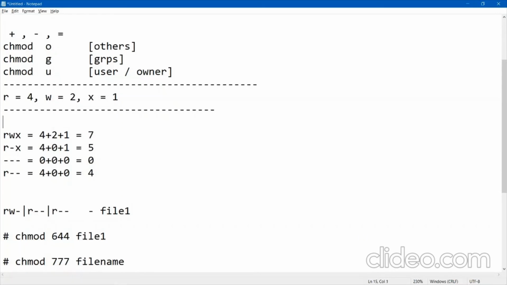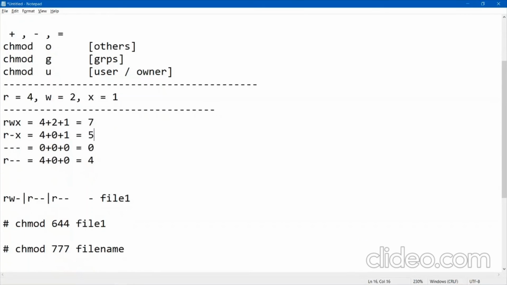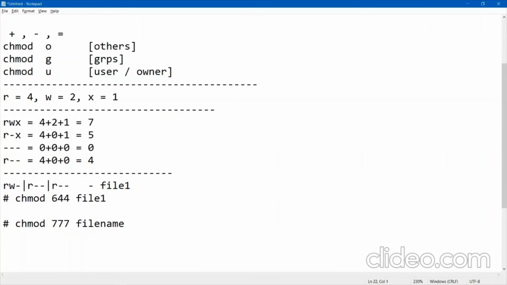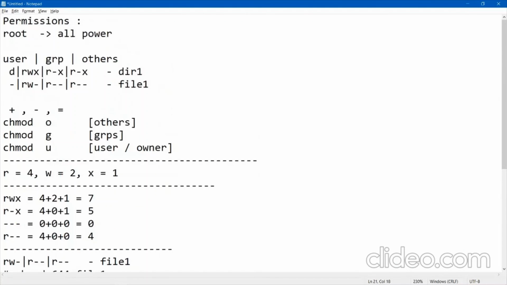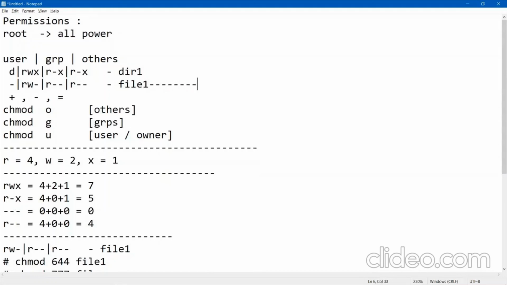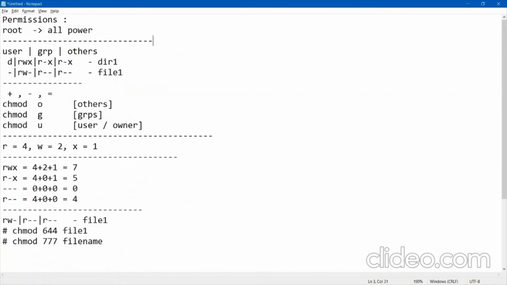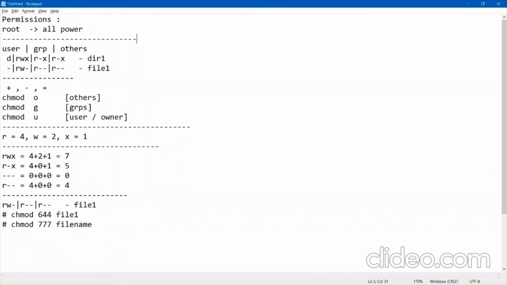Suppose you have one user only for playing games. You don't want him or her to open any important files and get your important data. So there you can set that for only the game file to be executable for that user. Any other file he cannot access. This thing you can do. So this was all about users, and in the first video we had discussed users and groups also. So this was all about permissions.